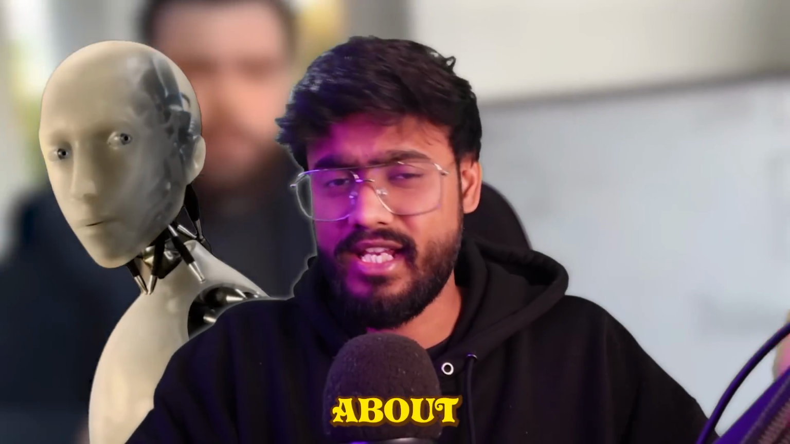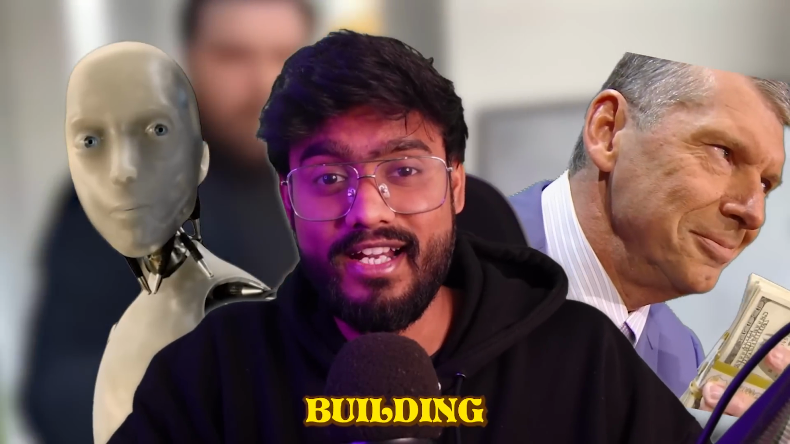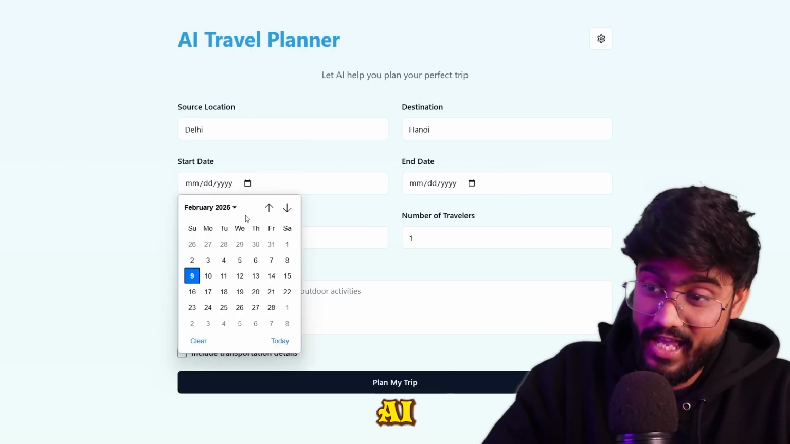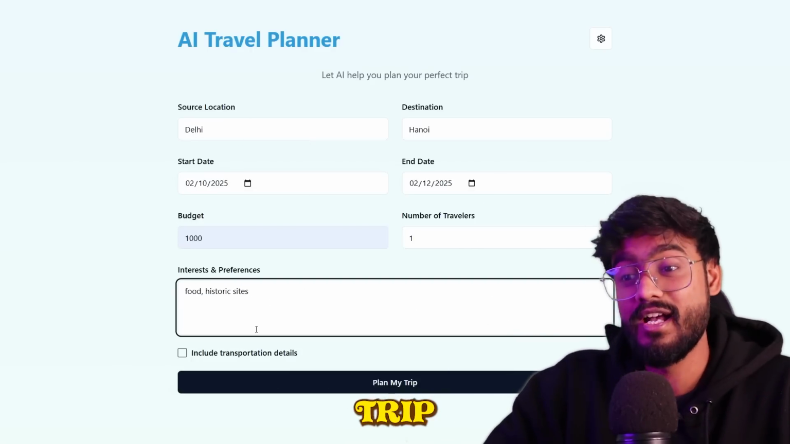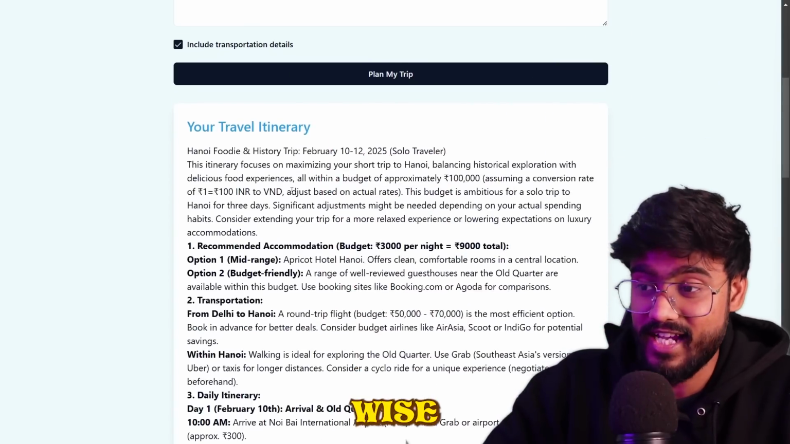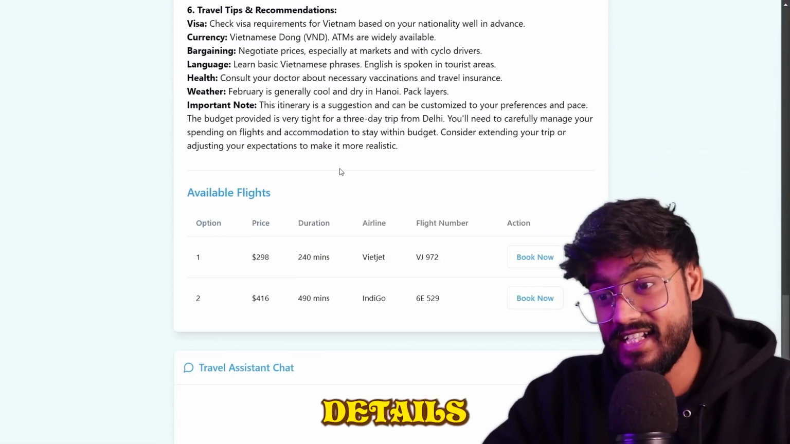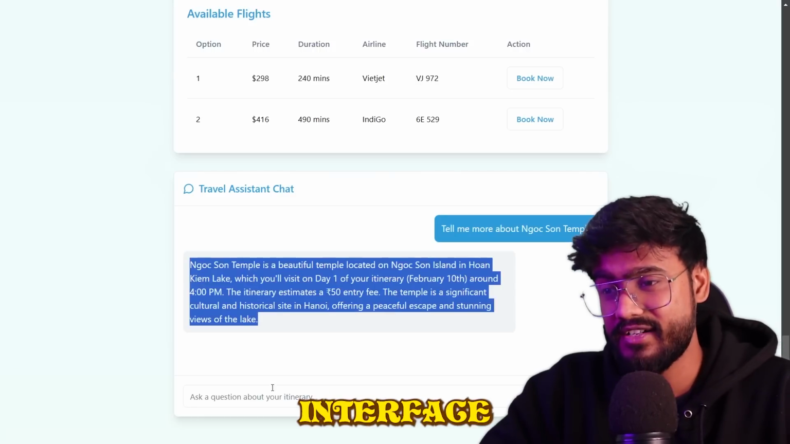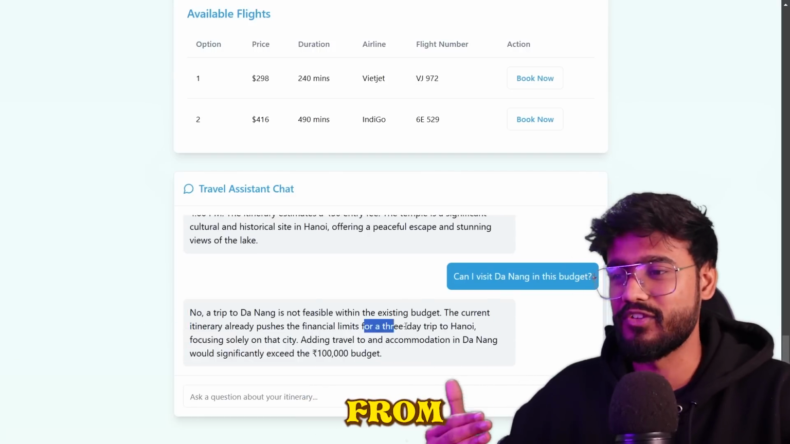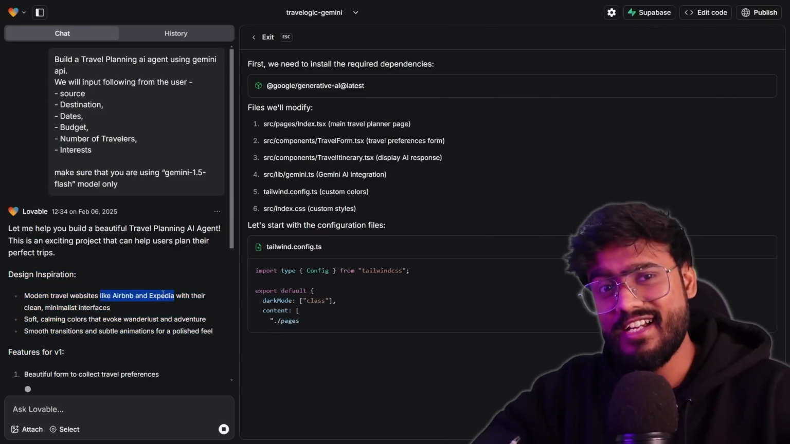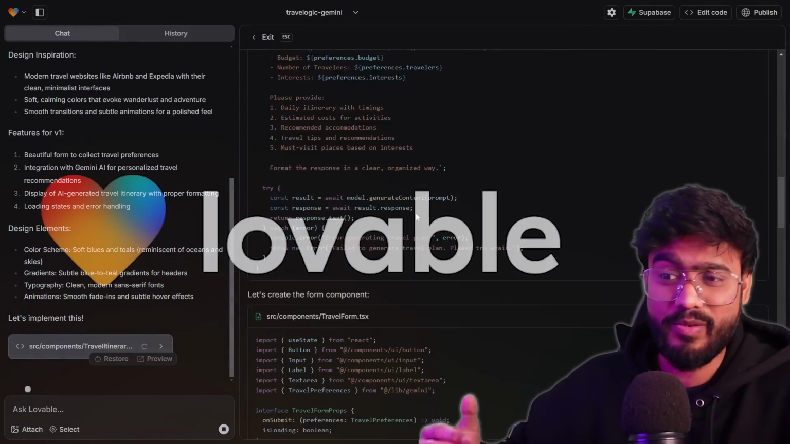So everyone is talking about AI agents nowadays and how people are making millions of dollars by building them. So let's build this travel AI agent which helps you plan your trip by providing things like day-wise itinerary with respect to your budget, travel tips, latest flight details, along with a real-time chat interface if you have any further questions from it. All of this without even writing a single line of code with this super trending AI